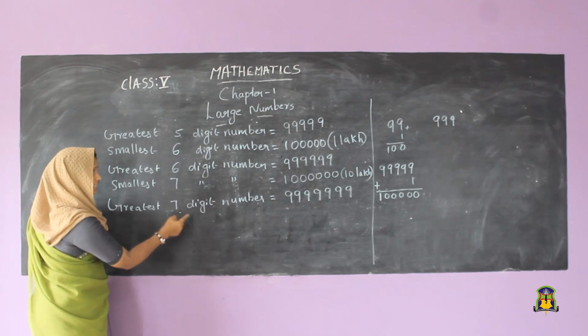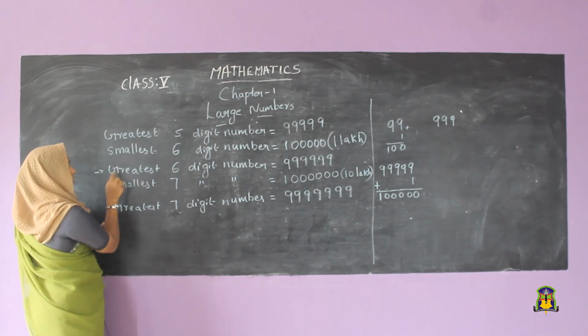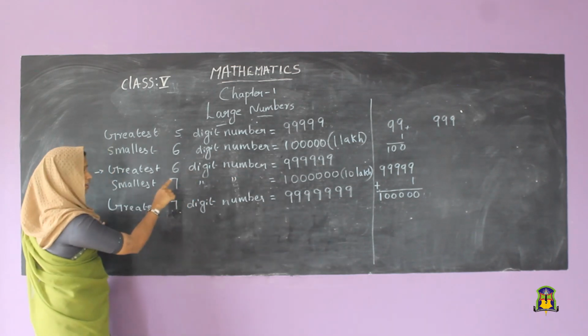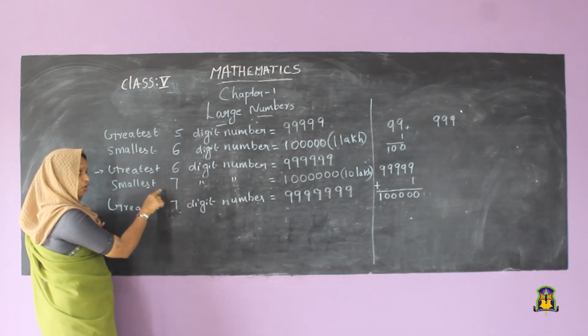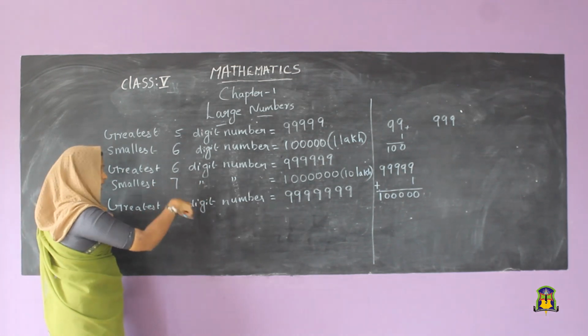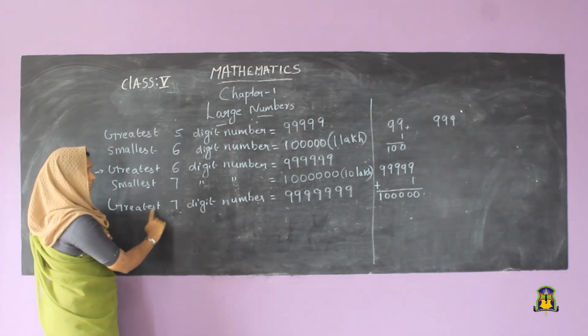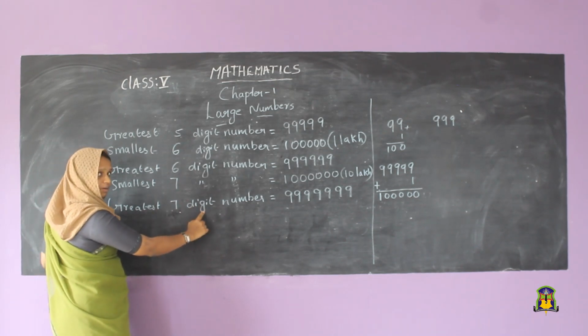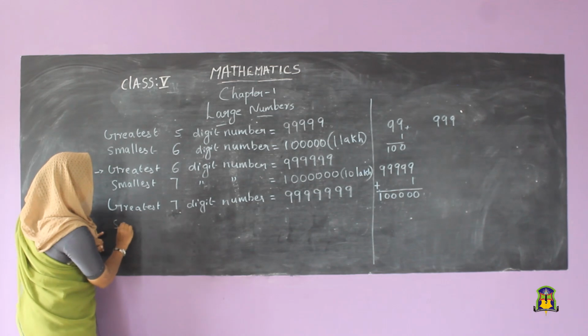The smallest 8-digit number. Here you see, the greatest 6-digit number has six 9s, and if we add 1 we get the smallest 7-digit number. Likewise, if we add 1 to the greatest 7-digit number, we get the smallest